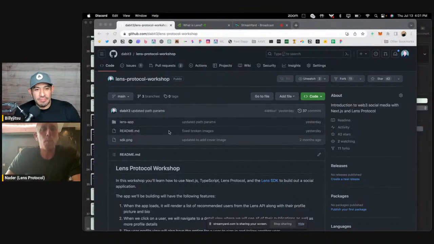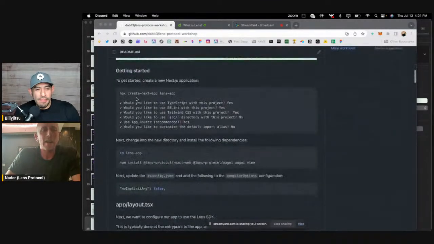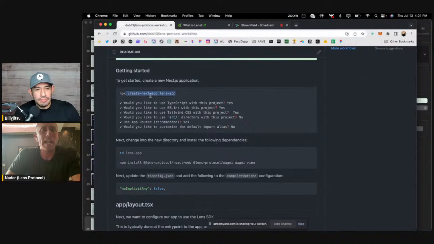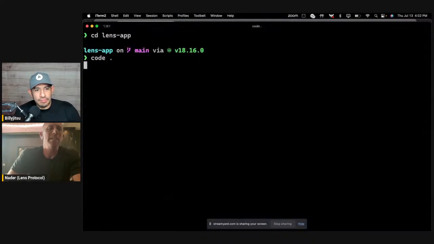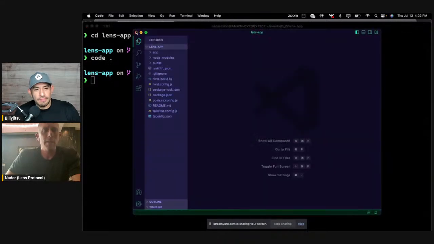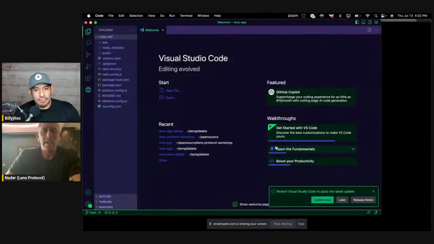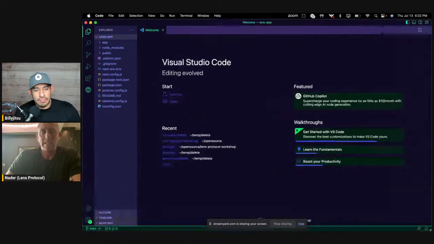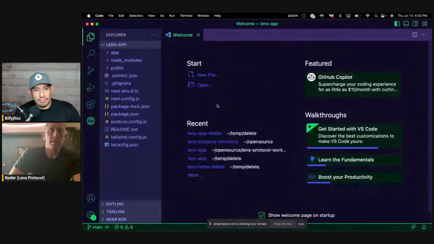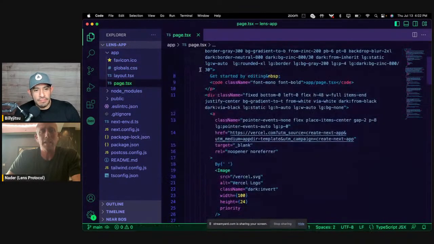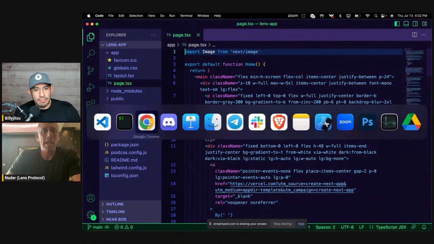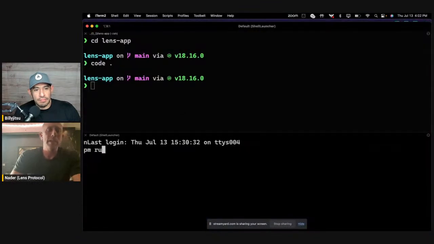All right, so we're basically starting here. I've already created the Next.js app. If I go here, I can open this up in my text editor. What you're going to see is that we have an empty Next.js app. If I go to page.tsx, you'll see that it has all this boilerplate. And if I run npm run dev,